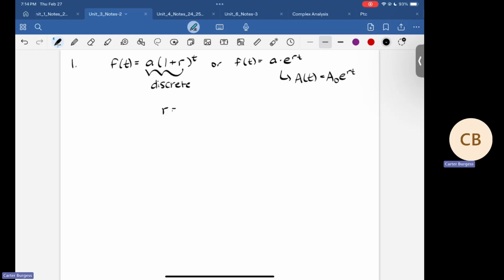So in this case, our r value is going to be 0.13. And so for this model, we might say either that f of t is equal to that initial 142 times 1 plus 0.13 to the power of t, or that we had 142 times e to the 0.13